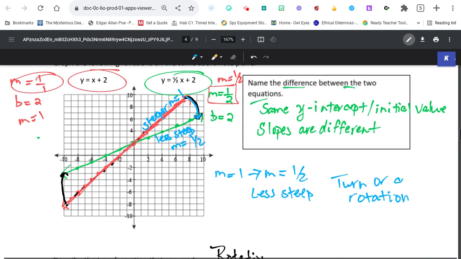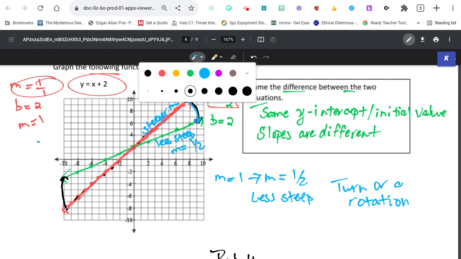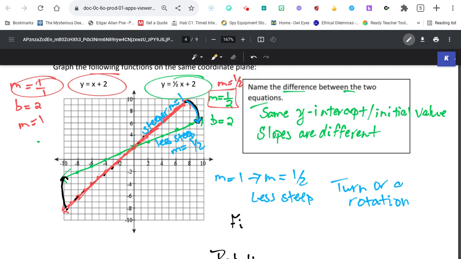Now, how did this thing turn? It turned about a fixed point. Well, now, what was that fixed point? So you see the point that they shared? They both had 2 as a y-intercept. That's the fixed point. So this red line turned on this